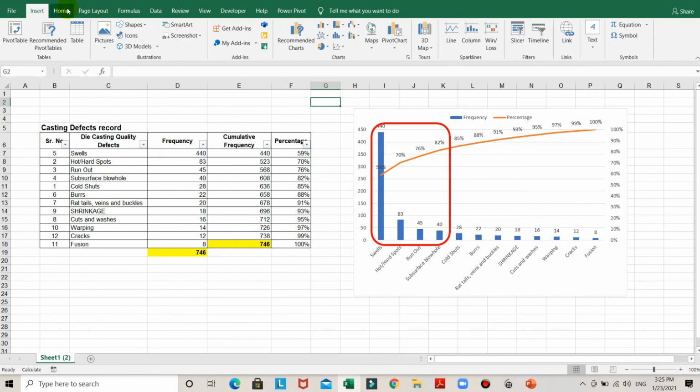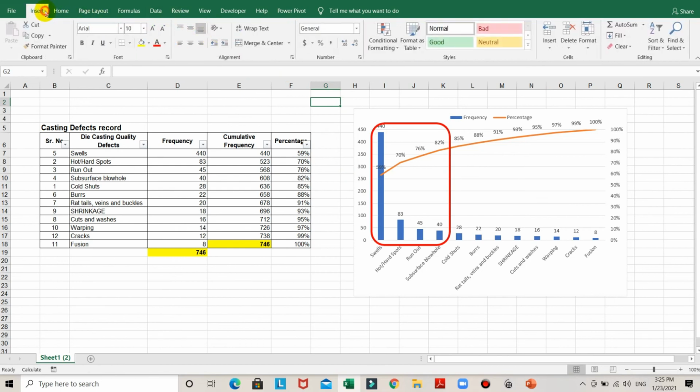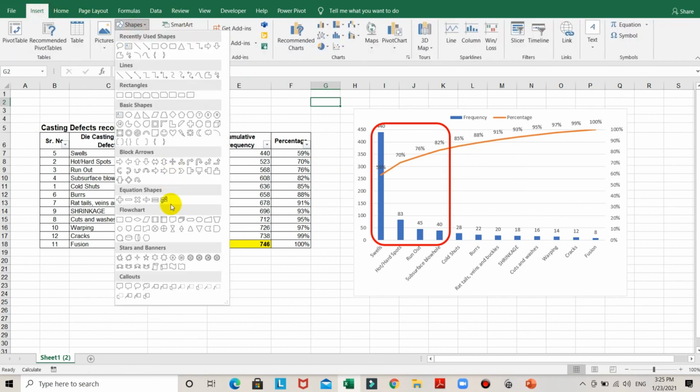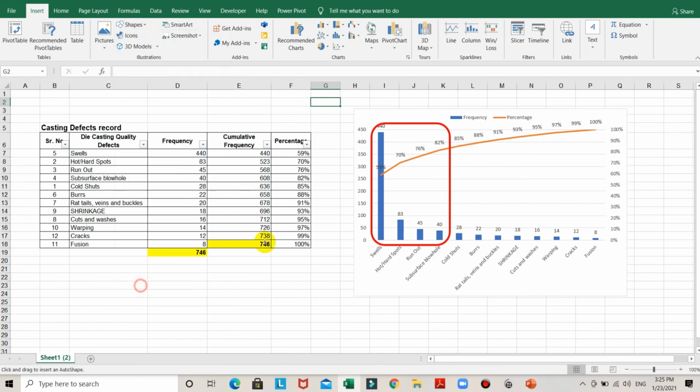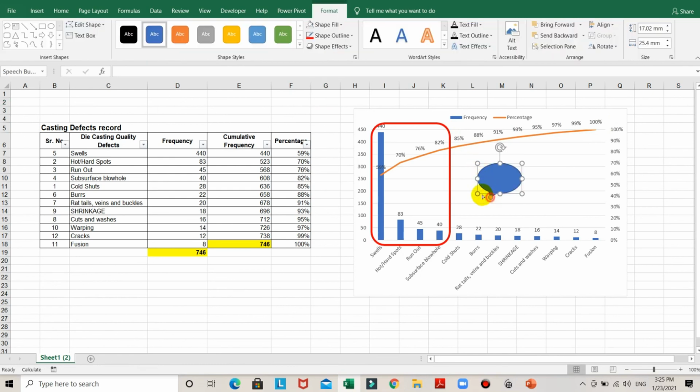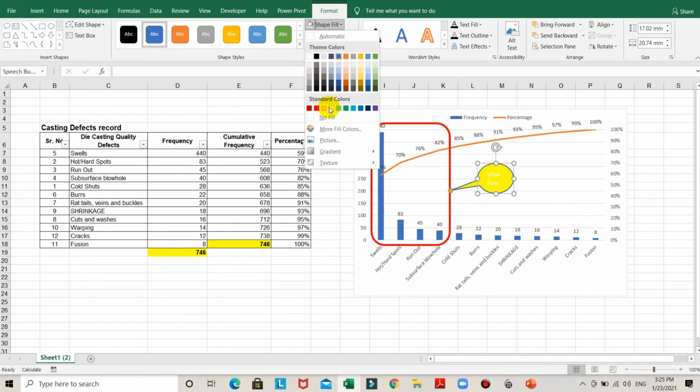Again you can insert one more shape to show that these are the vital few, and the remaining 80 to 85% till 100% are the trivial many. So here you can add the vital few, and here you can fill the color.